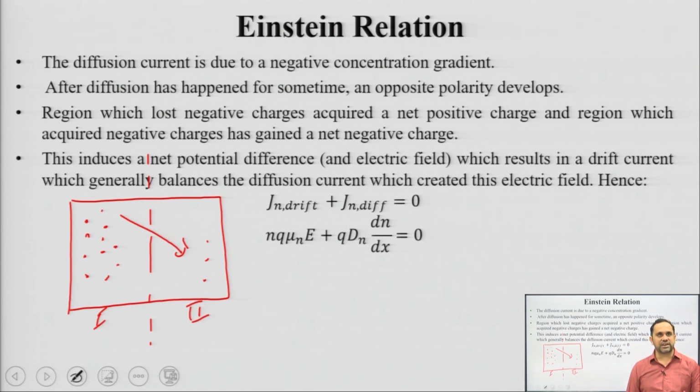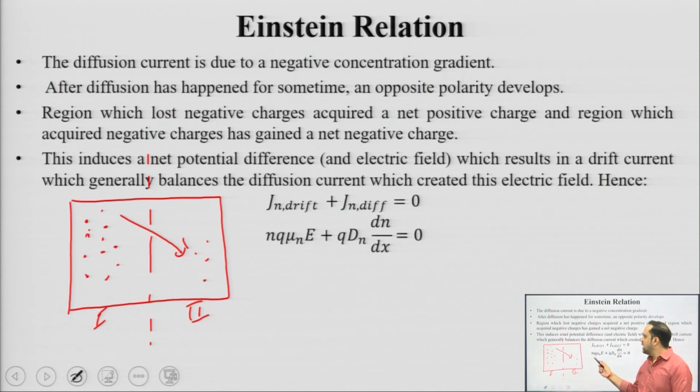So, I have generated some potential difference inside this material. Because of diffusion, a small potential difference is rising. The region which lost negative charge gained some positive charge, because it lost electrons. The region which received these electrons gained a small negative charge. So, this induces a net potential difference which is nothing but an electric field. Now, this electric field has not been applied, but it is induced. It is an intrinsic electric field which has been induced. The direction of this electric field is from here to here, positive to negative,